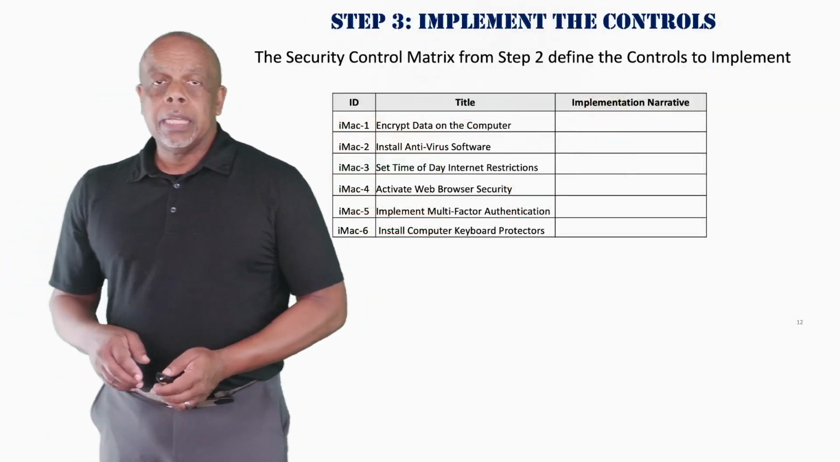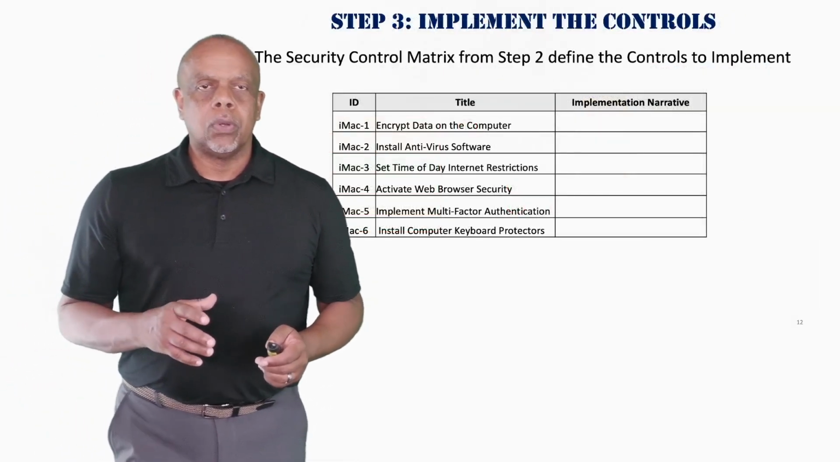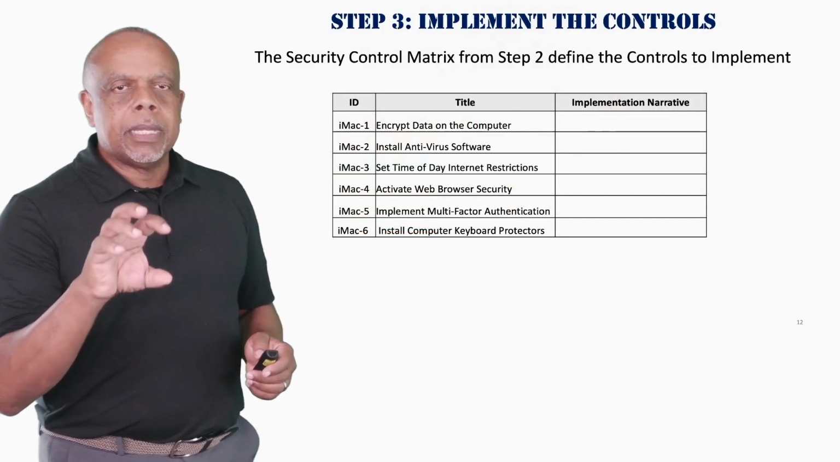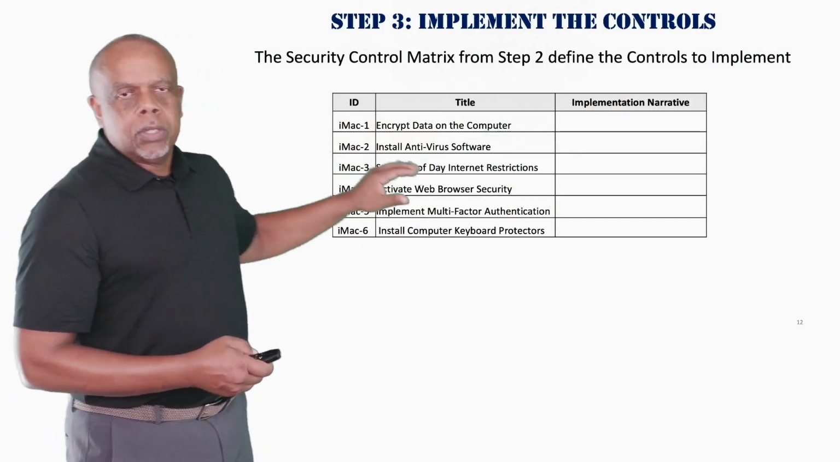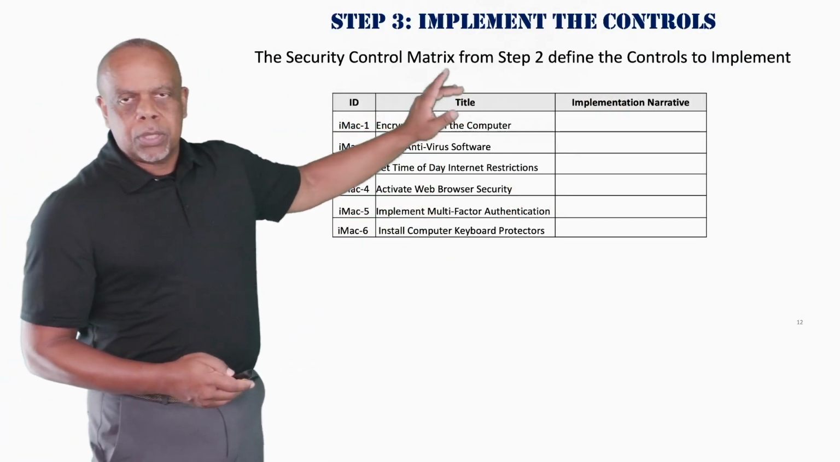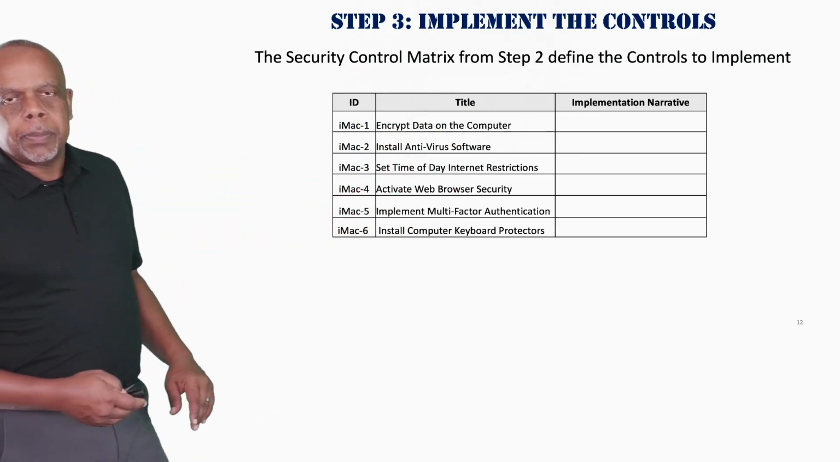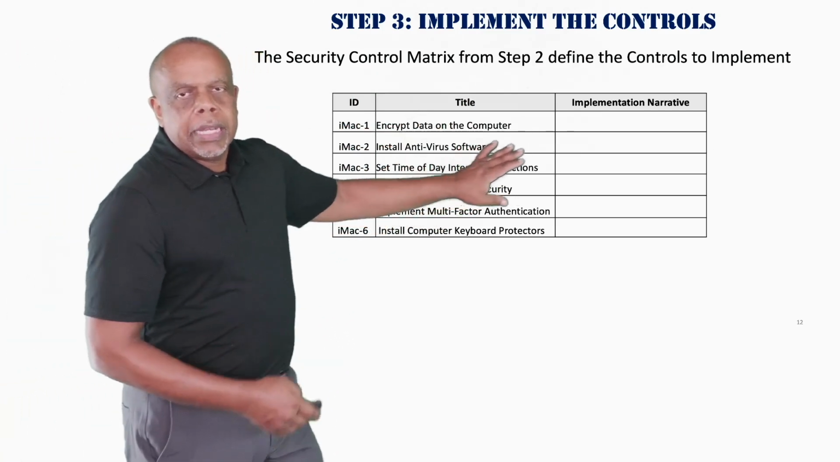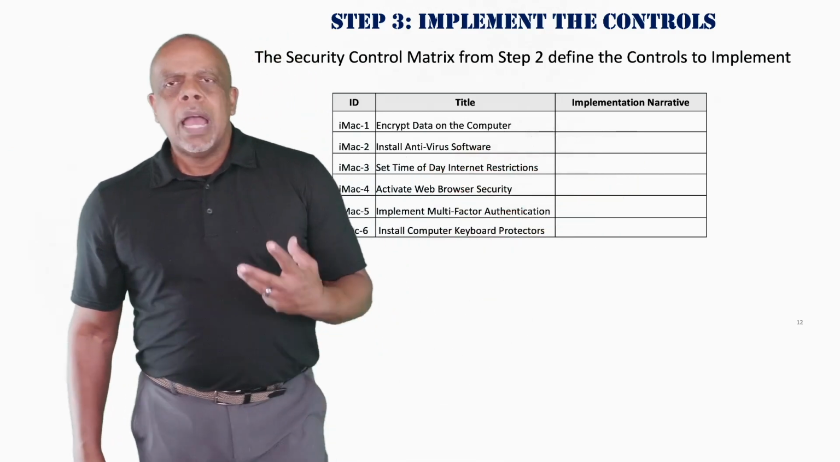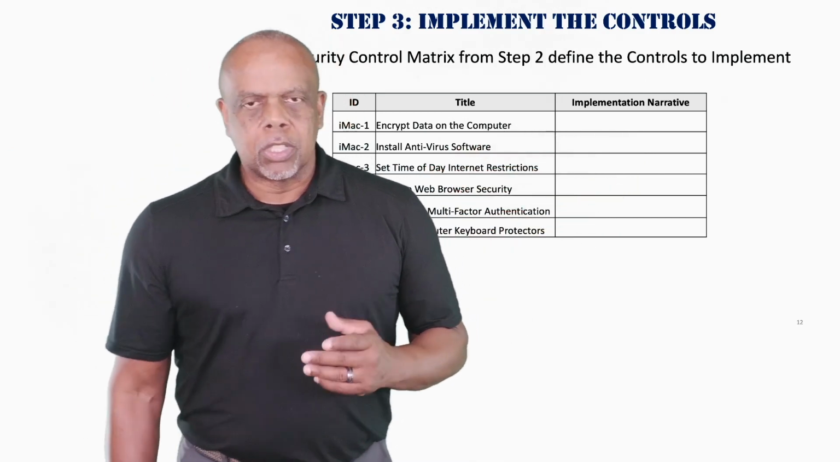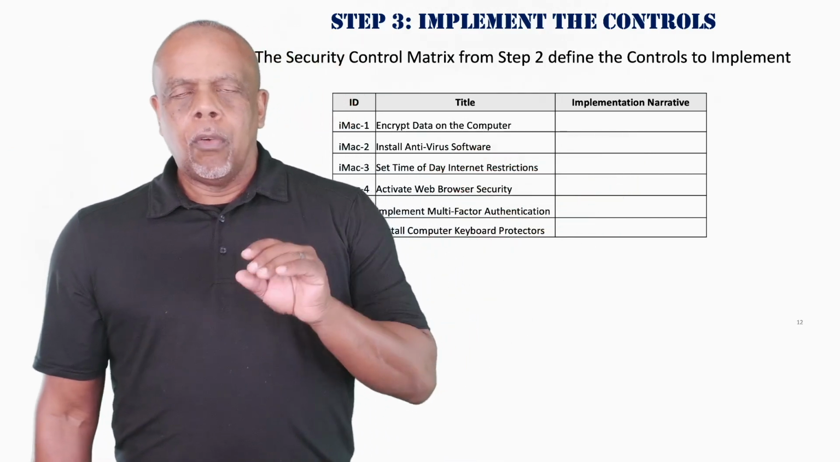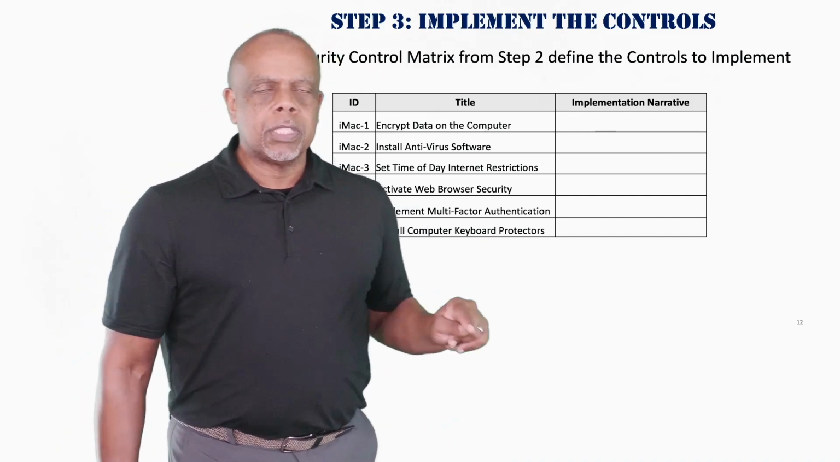So step 3 is implementing controls. What we do is take the security control metrics from step 2 that define the controls to implement. These were the 6 that we wanted to implement. And then we come up with an implementation narrative, meaning how am I going to implement this control? Just a word picture of what we're going to do to implement every one of these controls on my parent's